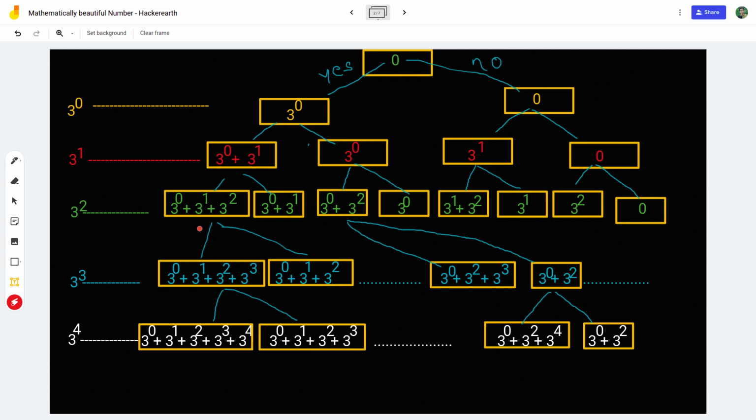Our main motto was to achieve 91 from these values. If we don't add 3 to the power 0, we go down this path, let me show you.